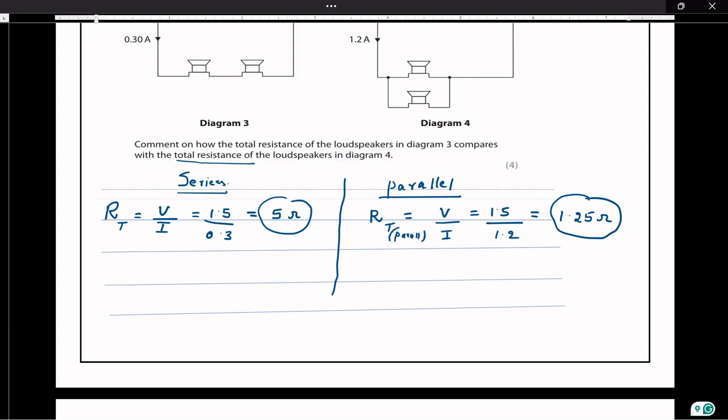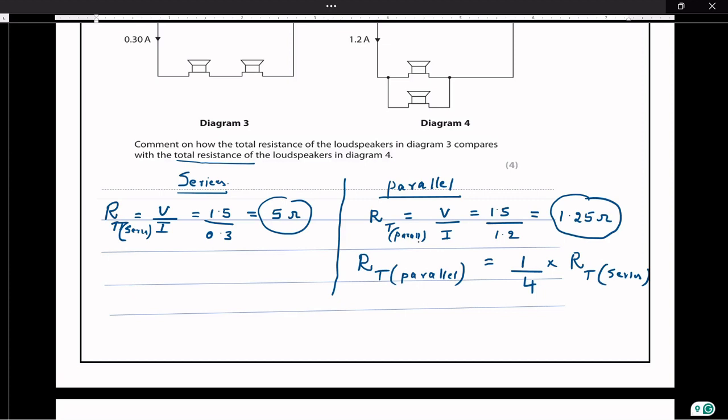So I can write R total for parallel appears as 1/4 of R total for series. 1.25 is 1/4 of 5. So we can see that the total resistance decreases by 4 times when it is a parallel connection. And this is happening because